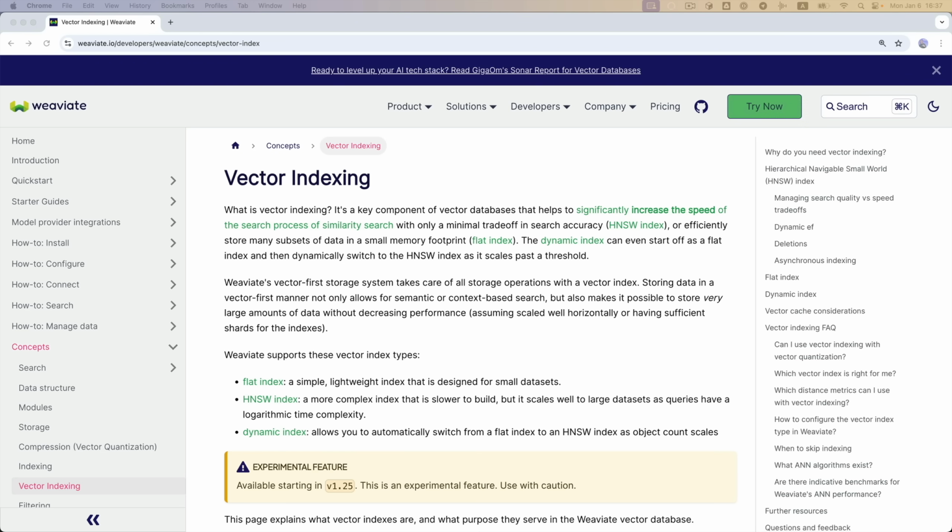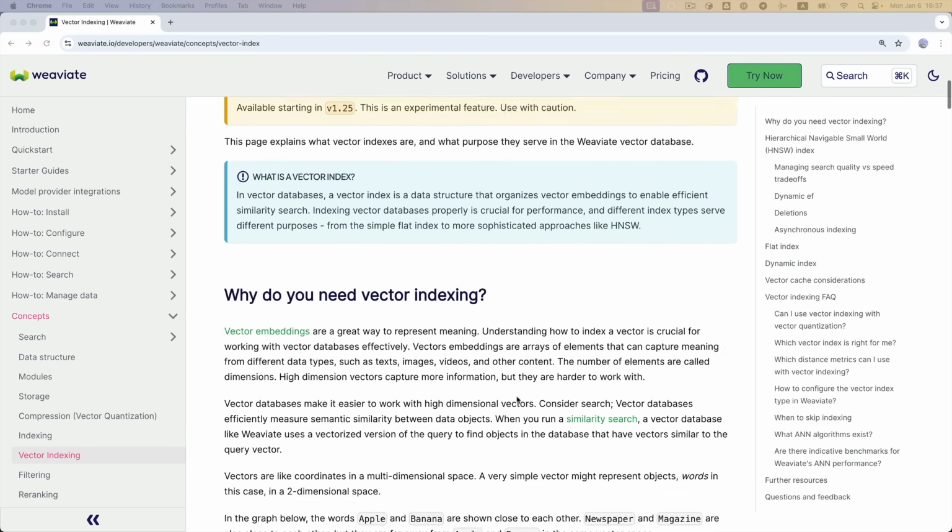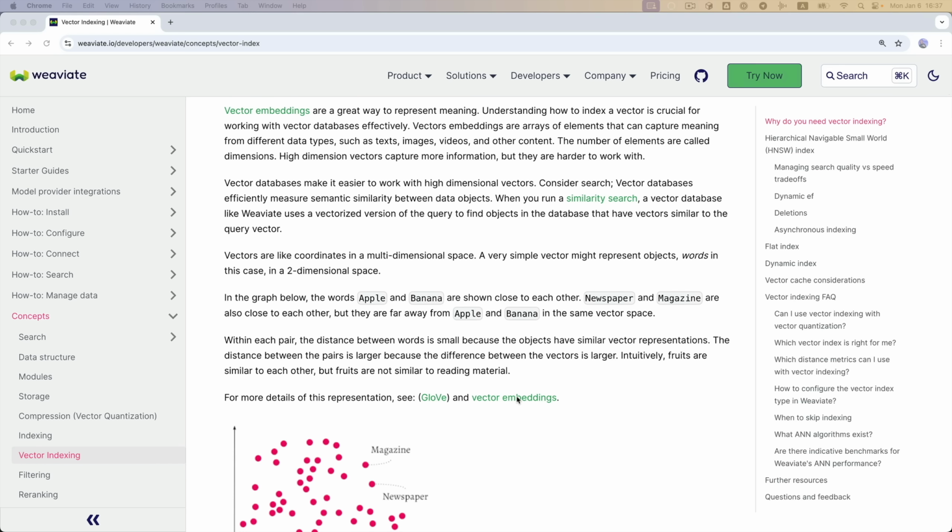So you get an idea about how this works from this page from Weaviate, which is a popular vector database company, or there are many such pages that you can read about online. And of course, you don't need to implement these algorithms yourself. The advantage of using a vector database is that they built these into the indexing. And with that big chunk of theory out of the way, we are finally ready to get started building our